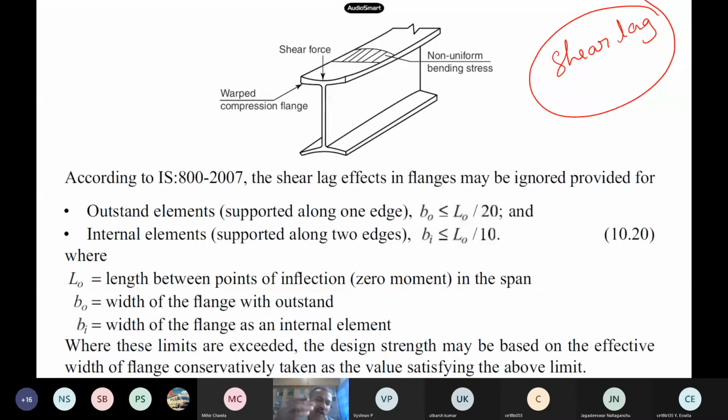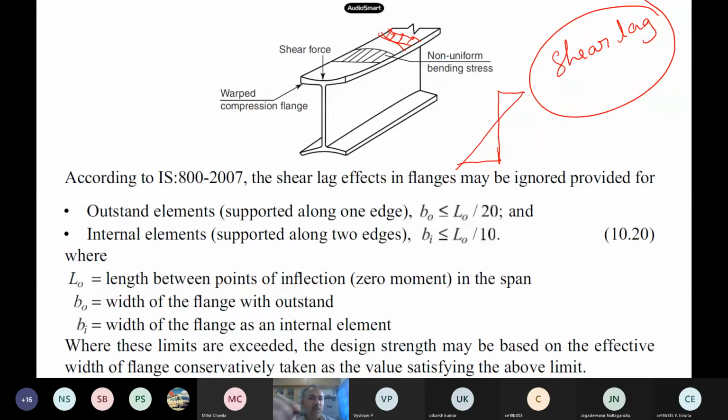In compression you studied, or in the tension members? Tension members. No, so the tension members you would have studied. So the shear lag also, what happens when there is a flange? Generally the assumption is that the bending stress is uniform. Okay, so something like this we have, but in the flange the stress should be uniform basically. It should be like this. So everywhere the stress should be the same.